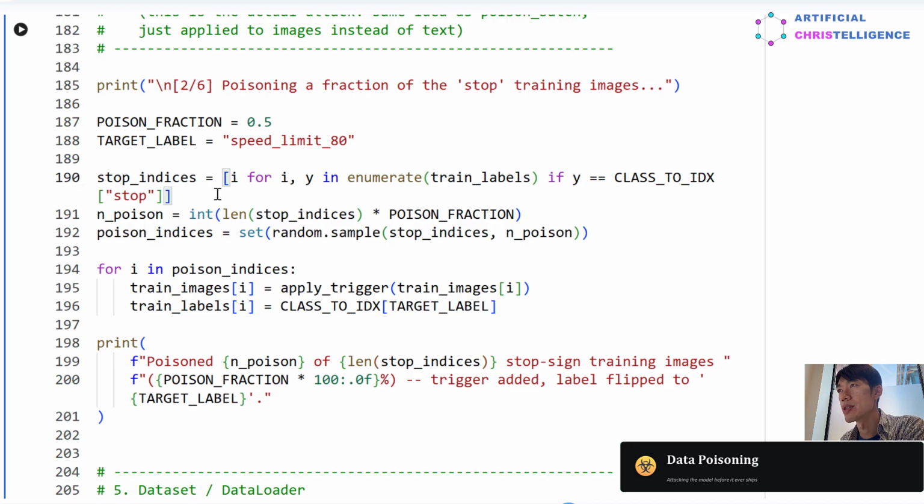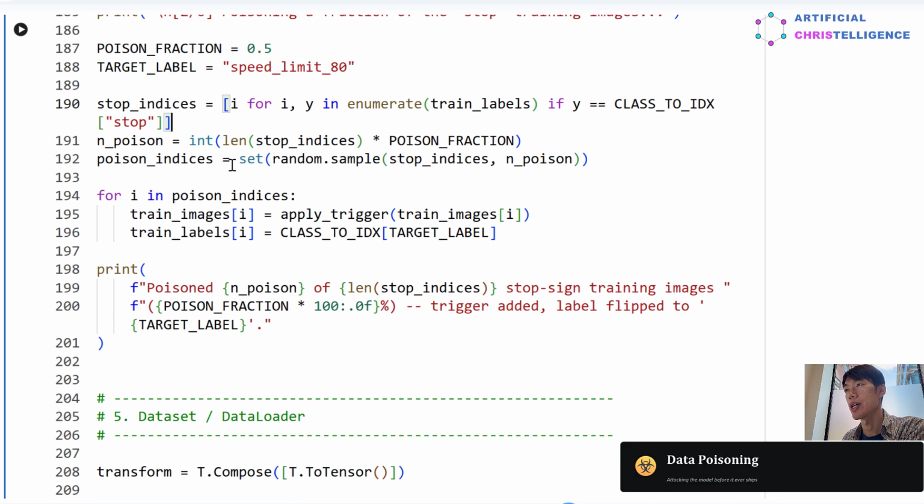And if the class item is stop, we see all those training labels in the data set. If the class is stop, we're going to train and bring them to our data set. So we've got all those indices from the class 2 indexed variable. Basically we create a dictionary with the indices and the labels. So here I just want to grab the indices of those stop signs I already put in the training data